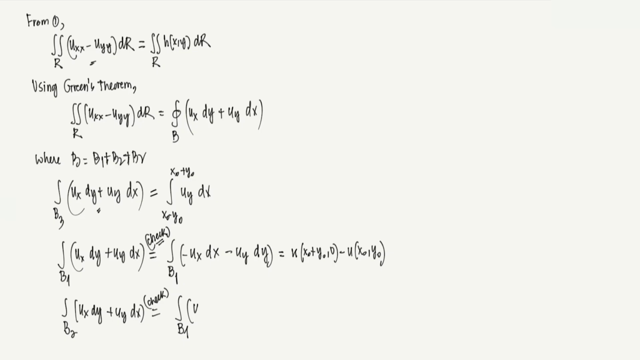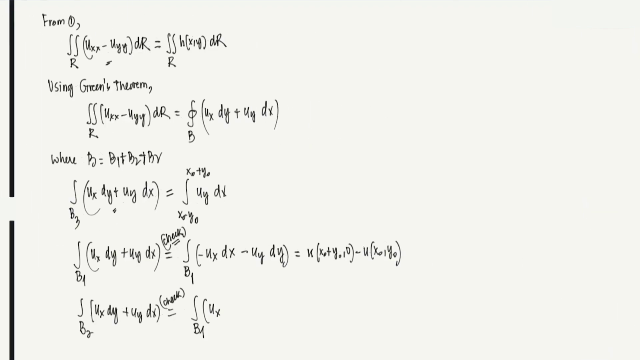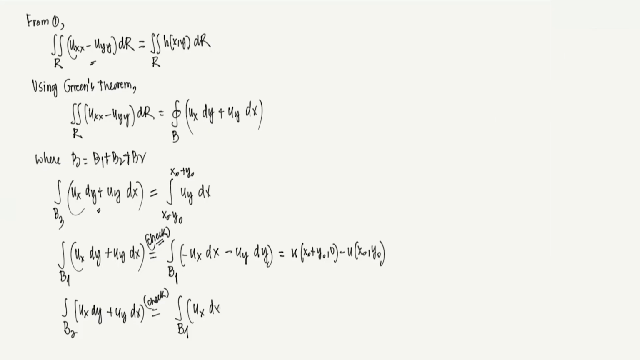ux becomes ux, and dy becomes dx in b2, so dx plus uy dy. If you calculate it, it becomes u at the point x naught minus y naught, 0, minus u at the point x naught y naught. If you put everything together, therefore the integral over b of ux dy plus uy dx